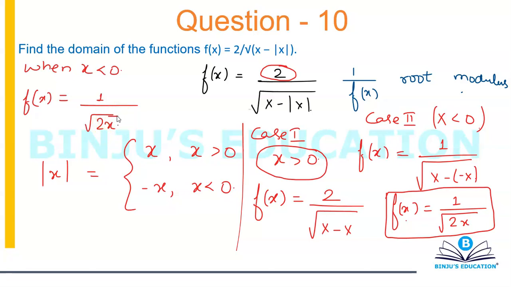Now the problem is, I have solved the mod part, now I have come to the root part. And the problem here is that if I'm going to take x to be negative, x minus mod of x becomes 2x, no denying on that part. But I have taken x to be negative. Can I take a negative value inside the root? Because this x has to be negative. Can I take the value of x to be negative inside the root? No. This is again not possible.